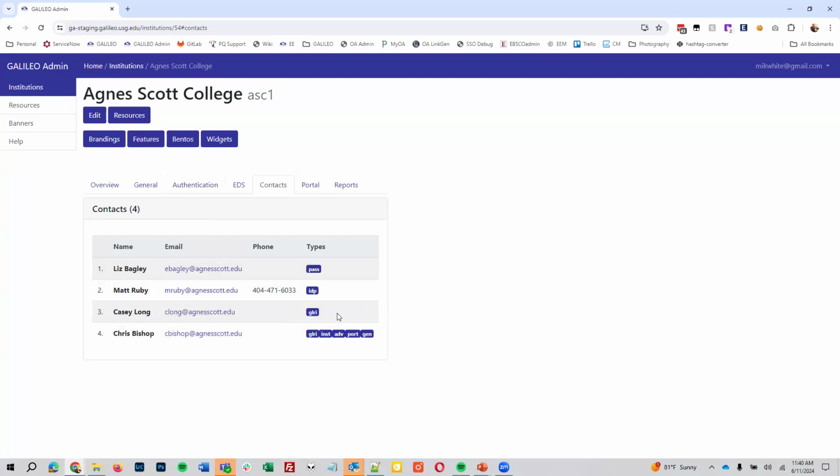And then we also have contacts, like people that have Galileo admin accounts, people that are contacts for your IDP, for OpenAthens setup. And then those of you that are in the GKR, we have GKR contacts. So we also have